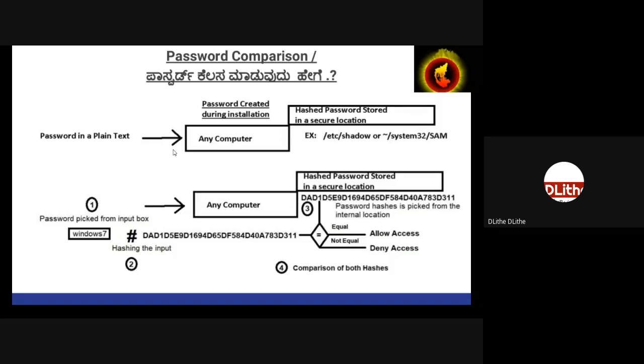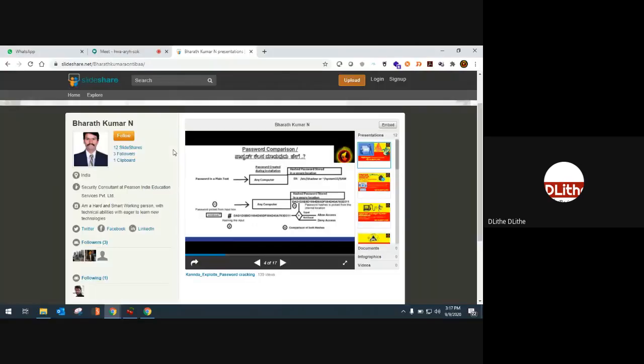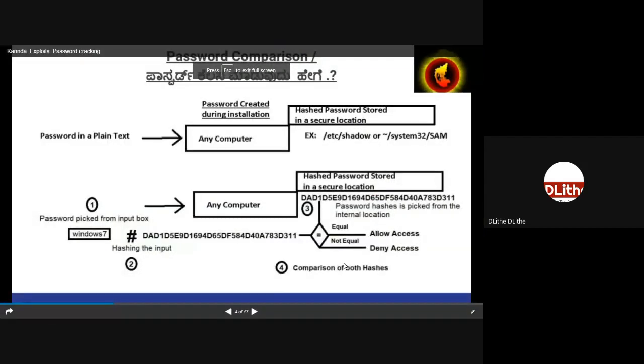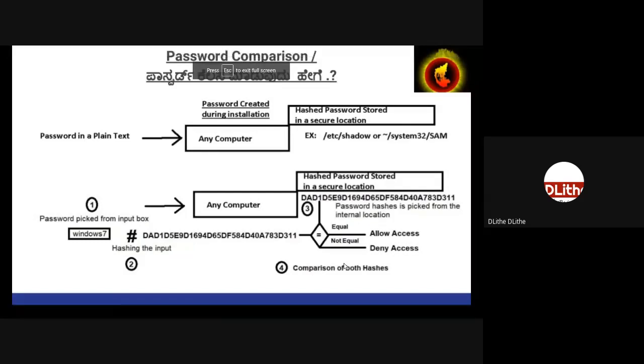So I hope everyone would have installed an operating system. In case you have not installed an operating system, at least you have seen how an operating system is installed. If you go back to the moment when an operating system is installed, at the end of the installation procedure you would be getting the console which asks you for creating a username and a password, isn't it? It asks you to create a user. In that process, what do you do? You give a username and you give a password. But what technically happens in that case?